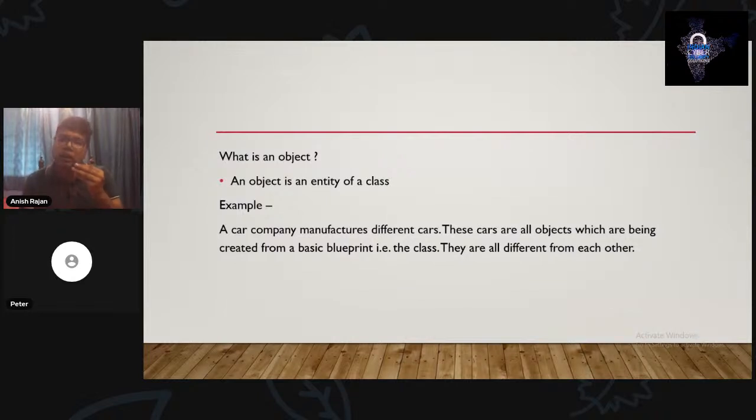These cars are all objects being created from a basic blueprint, that is a class, and they are all different from each other. One more thing I want to mention about objects is that an object is always different from another object. It's a different entity. The car company is manufacturing cars, but every car is different from the other car. It's not related to the other car in any way. Okay.